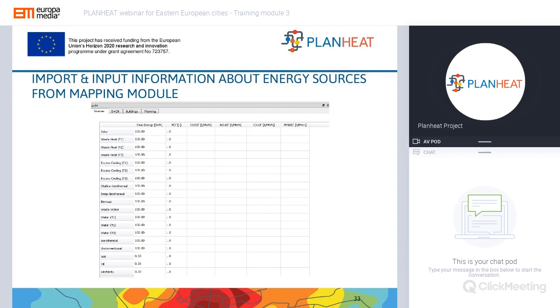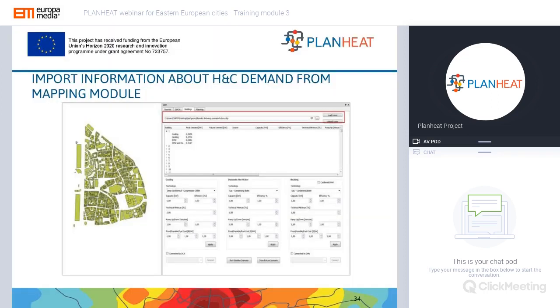So the user is able to fill in those parameters themselves. So let's see how the buildings tab will look like here. So this is for the city of Antwerp, actually, that this sample was taken from.